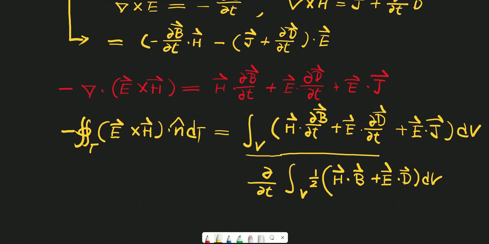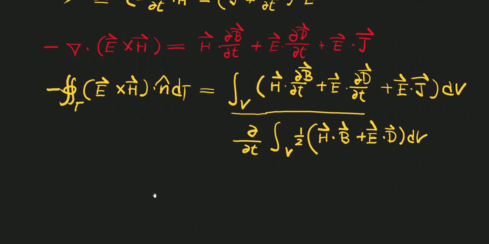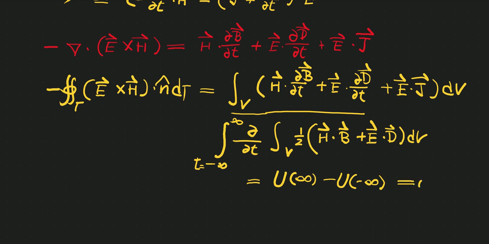Hence, if we make a time integral, this will equal the energy, with the time boundaries at infinity and minus infinity all being zero. So this is U. In this case, we can get